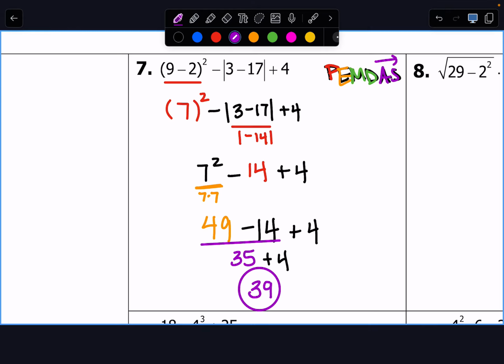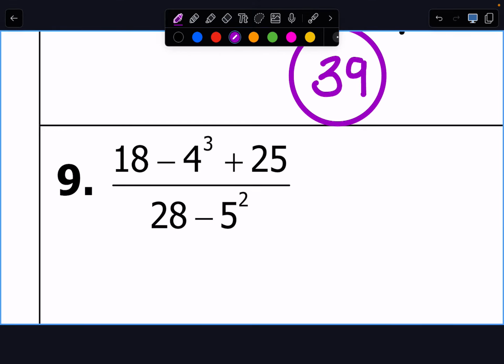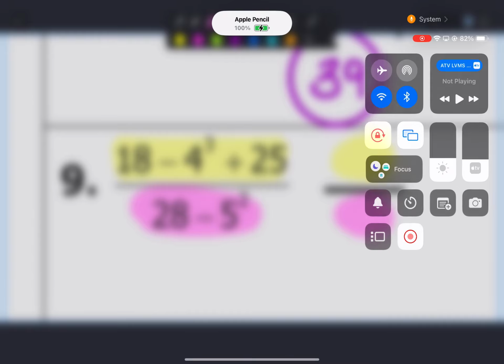Okay, now I'm not going to do this problem right here, but what I want you to understand is that when there's a big fraction, you basically have 2 problems inside of each other. You need to do this problem right here to get a number, divided by, you need to do this problem right here to get a number. Then you can perform the division if you can. Okay? So, again,